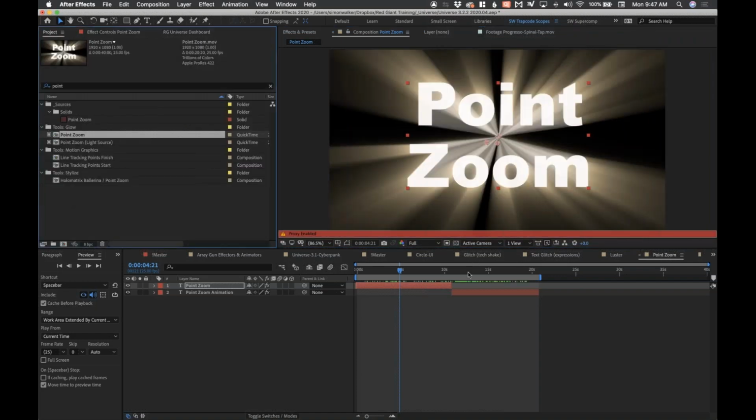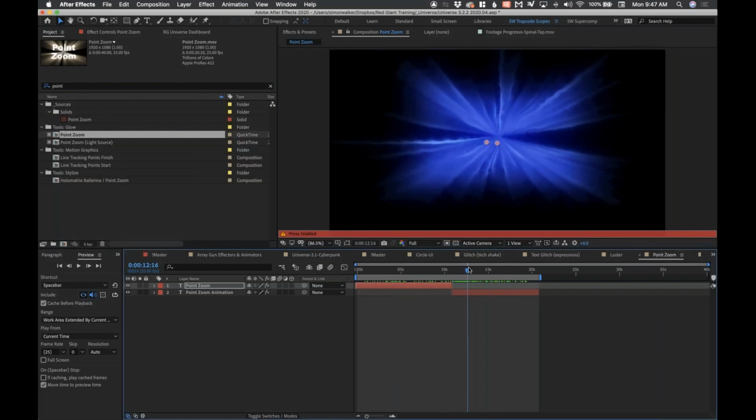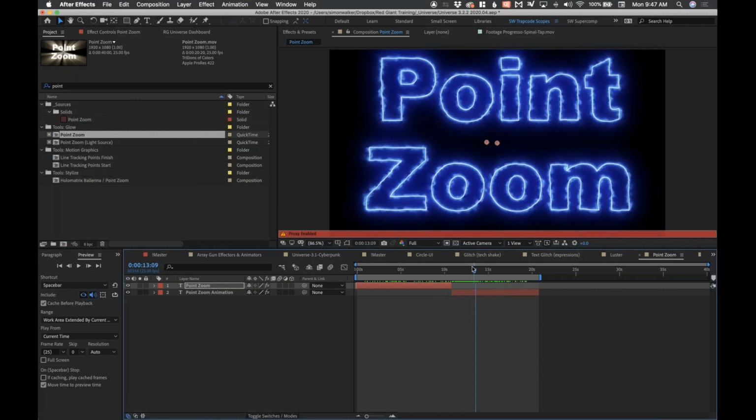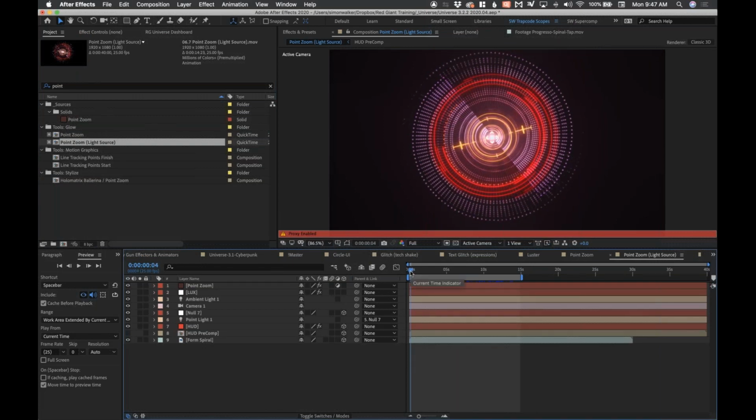That is quite useful for fake UI. This, by the way, is an animated version of that, just zooming up the text from scratch, so you don't have to have it as static. But what's quite nice is if you kind of completely fake things. So Heads-Up Display is a 2D effect. Although you can rotate the effect with 3D parameters and make it look like it's in three dimensions, it's actually a 2D flat effect. But if you turn that layer on to be a 3D layer and animate the camera,